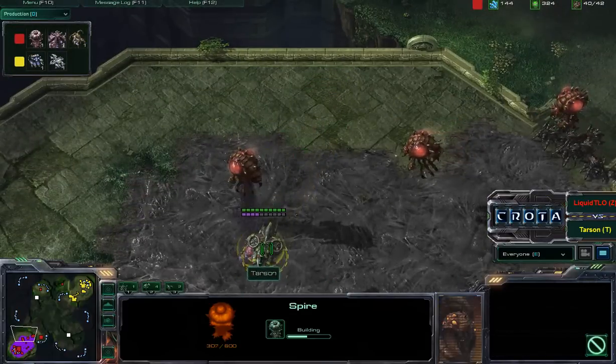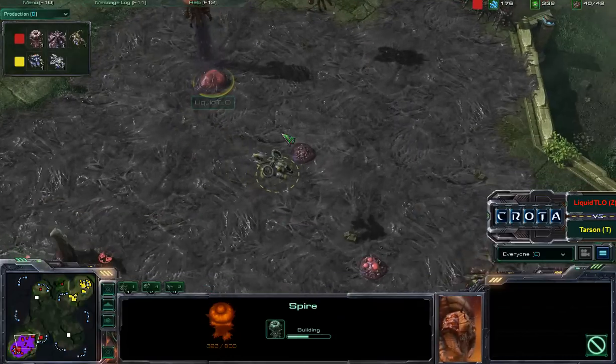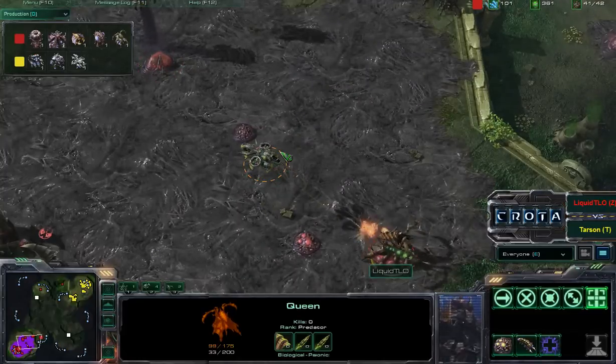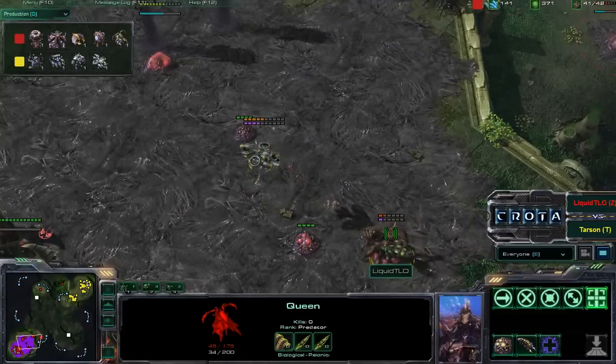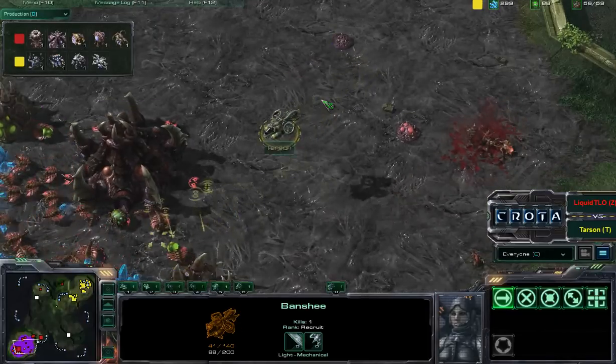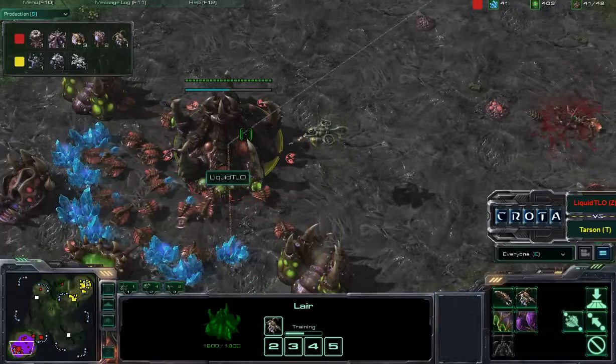Will Tarson see the Spire? He must see the Spire, but he hasn't clicked on it. Otherwise, he would be shooting it down. Now going after that Queen. Queen fighting against a single Banshee. Queen going to be on the losing end of this fight. Down to 23 hit points. Down it goes. And now that Banshee's at 41 hit points, he's going to try to finish off the rest